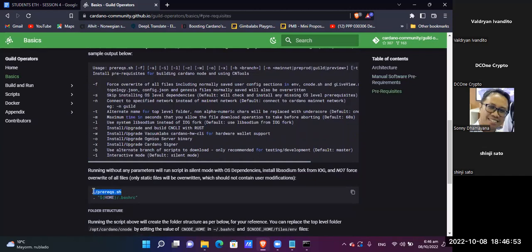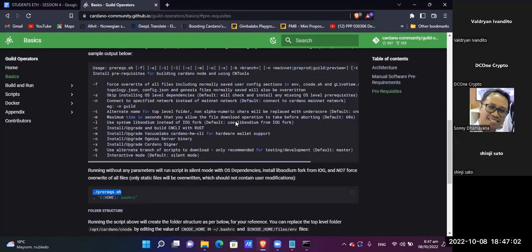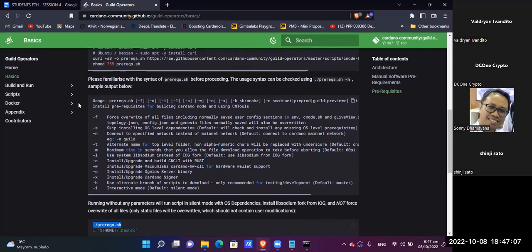We are going to copy this. That is the same step that I have here, but we have to add an indication. As you know, we have